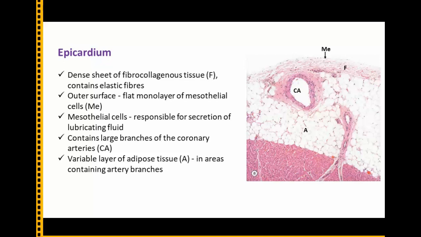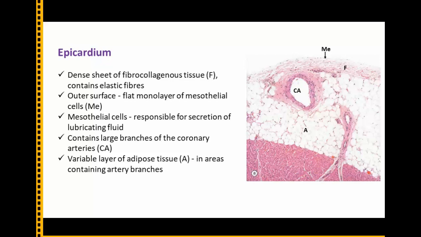Then let us see the most specific features. So, this is a slide of an epicardium. The epicardium has adipose tissue. This A shows adipose tissue. Adipose cells you can see as white colored globules. Coronary arteries are embedded within them and then